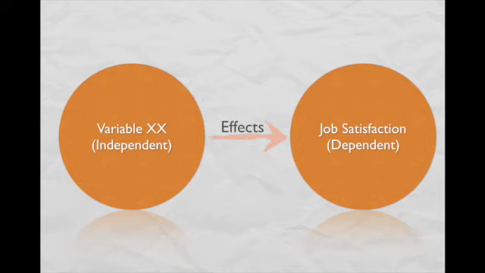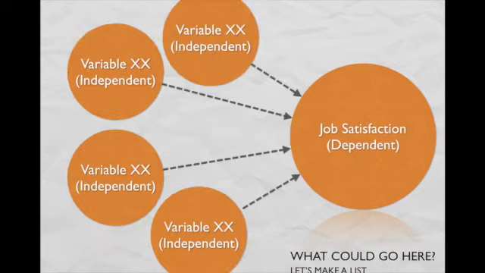Now, there could be a bunch of different things that we could put here. And if we were to make a list of these things, it might end up looking something like this, where there are a bunch of different factors that we think might affect someone's feeling of job satisfaction. So it could be their pay or their coworkers or a supportive supervisor or support for growth and development. It could be a bunch of different variables. And if we were to take a realistic picture of what things actually affect job satisfaction, we would make quite a list. If we were to make a list as a class, we could think about all of the different things that affect this idea of job satisfaction.